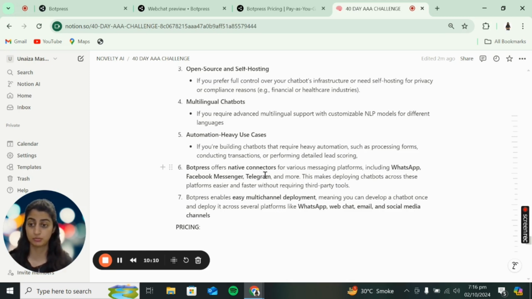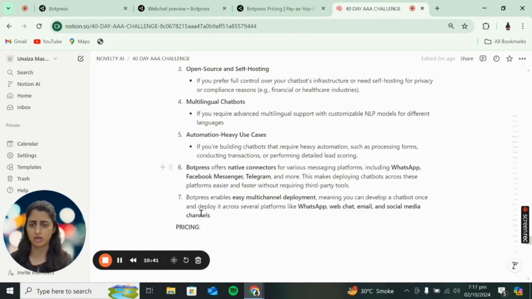That is when you would use BotPress, because it has its own native connectors that directly deploy these bots to any social media channel, especially WhatsApp, Telegram, and even Facebook Messenger. So it's quite easy to integrate BotPress chatbots into social media platforms without the hassle of going through third-party connections and apps. Once you build a bot, you can just tweak it a little bit and then deploy it to multiple channels, whether it's email, social media, or WhatsApp.